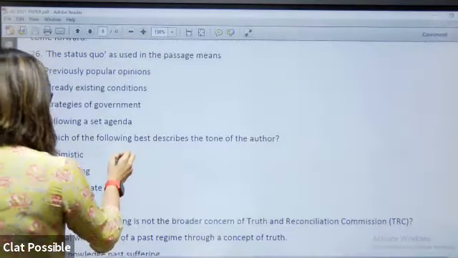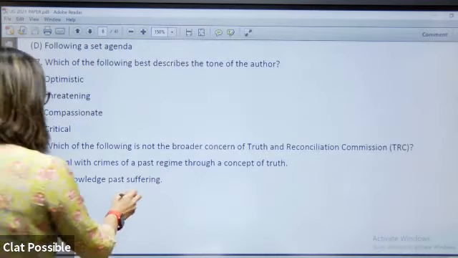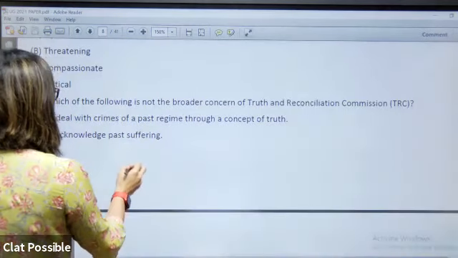27th, what is the tone of the author? The author is critical. The author is not compassionate or threatening. The author is just critical, talking about how this commission did not live up to certain things. So these were two tone-based questions that you got in your paper,